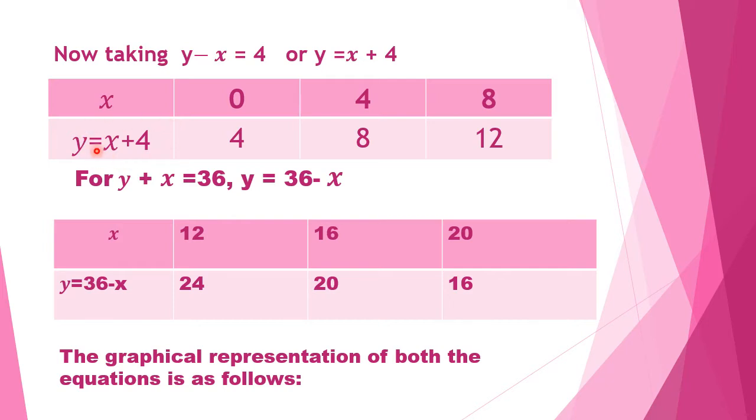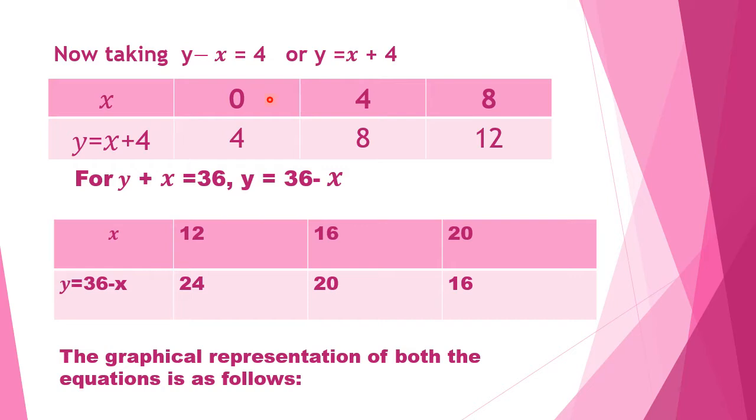For our convenience, you write this value of y is equal to x plus 4 over here itself. Don't write only y. If you are writing only y, then you have to every time refer over here, which will waste your time. So write y is equal to x plus 4 in this column. Now, you just have to take any one value of x and find the corresponding value of y. Usually we take 0 because it is a very convenient value of x to start with.